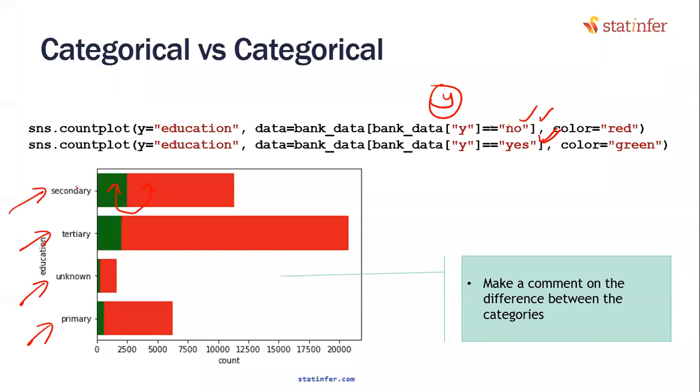Now, within each of these categories, earlier in the bar chart, I used to draw only one bar. Now what I'm trying to do within this bar is show how much is yes and how much is no. Maybe there is a particular portion of yes and a particular portion of no in each bar. If it is uniformly present in all the categories, then there is no point. Then we will say there is not much of a relation.